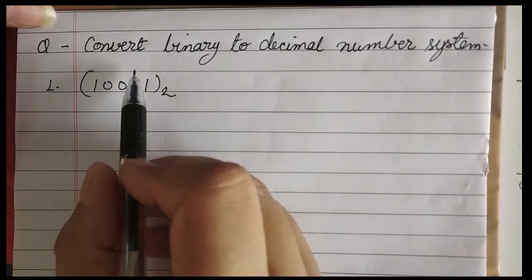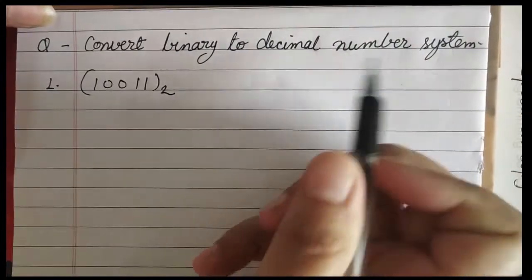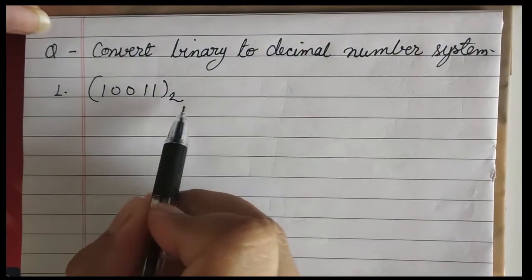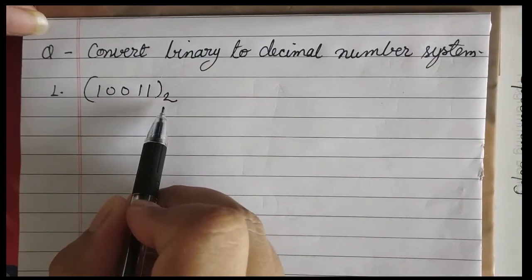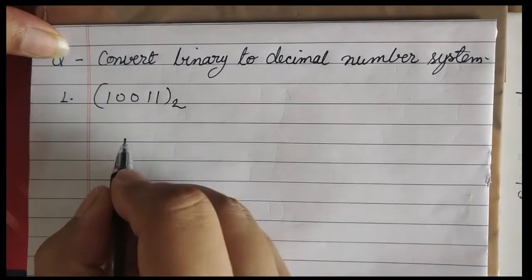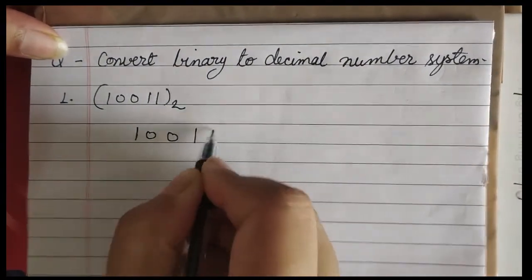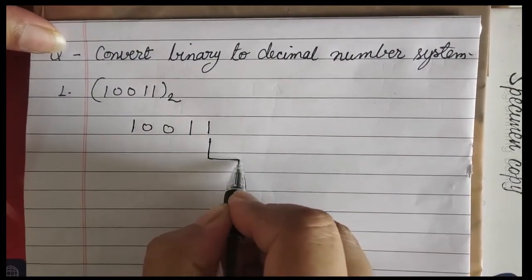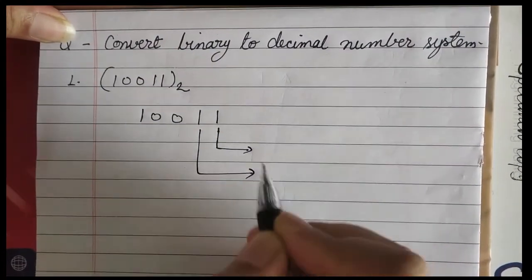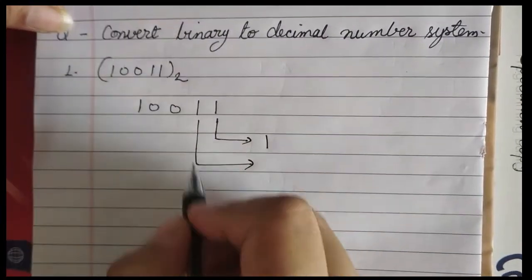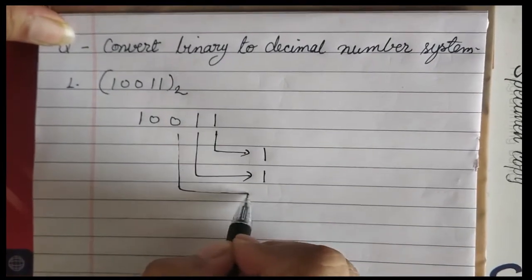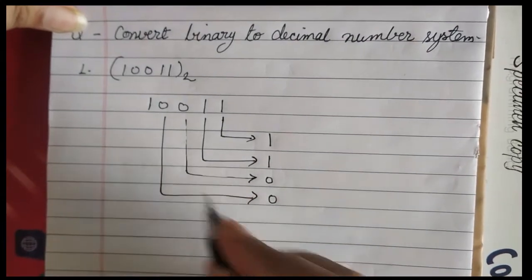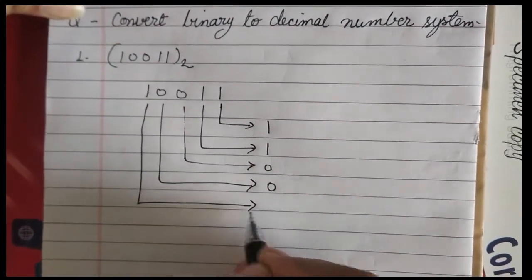So students, now we will convert binary to decimal number system. You can see this binary number is in form of 1 0 0 1 1. Okay, and base is 2 and that is why it is binary number system. Okay, so first of all you have to write it like this. Then after that you have to make arrow. Okay, write it here 1. You have to write here. This one you have to write here. Bring 0 here. Then again this 0 here and this 1 here.